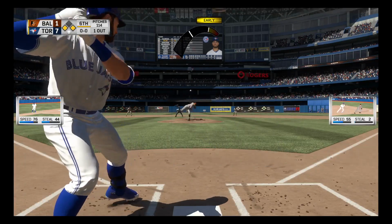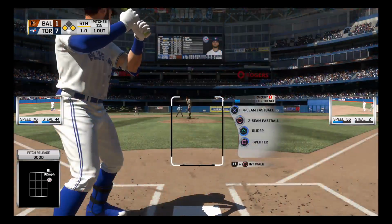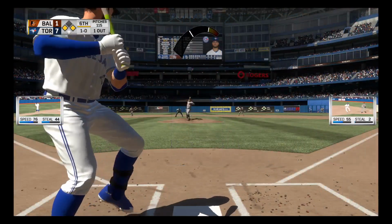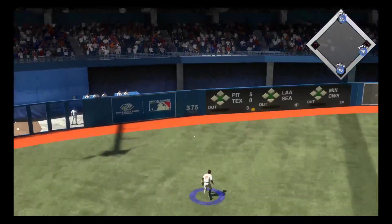He's ready. Here's the first offering. Here's a first pitch slider that just tails out of the zone. It's ball one. You know, that slider we just saw there is usually a much more effective pitch for him, but obviously today that just...